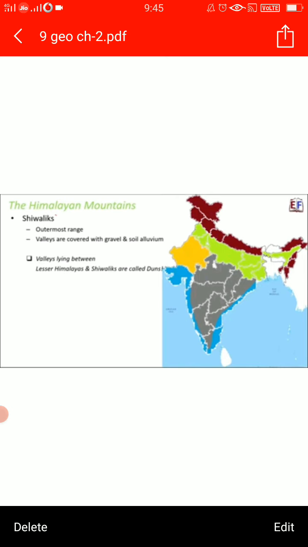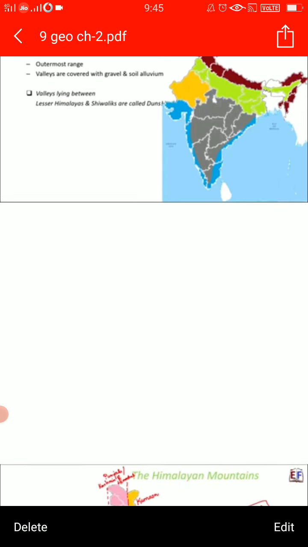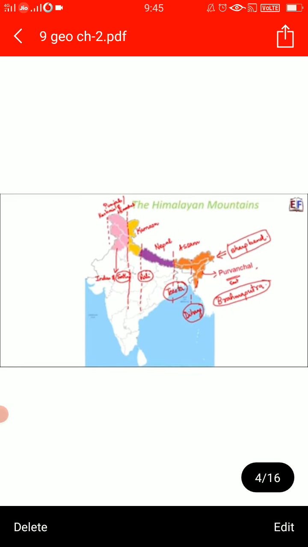Fine. Now, children, see, we will discuss the next topic from here. Besides the longitudinal divisions, children, the Himalayas have been divided on the basis of region from west to east. Fine. So west direction is towards your left hand, and east direction is towards your right hand. Yes. Fine. So these divisions are done on the basis of